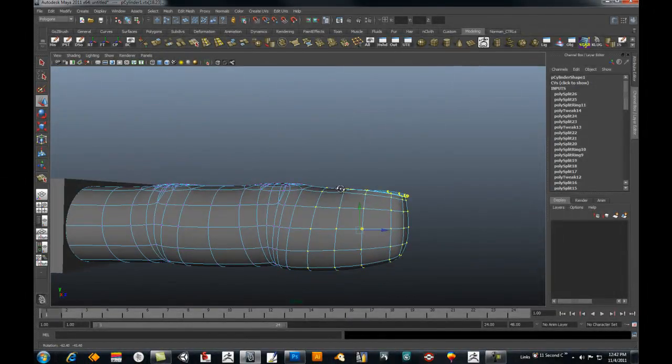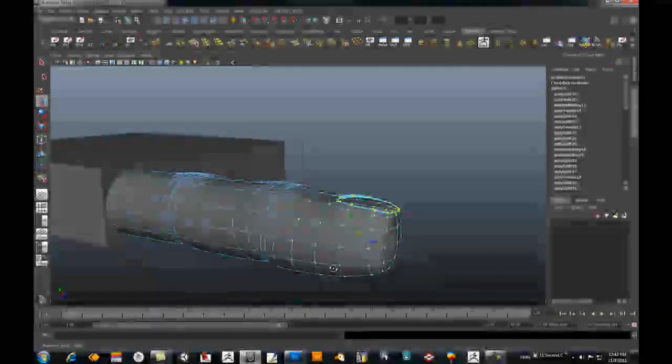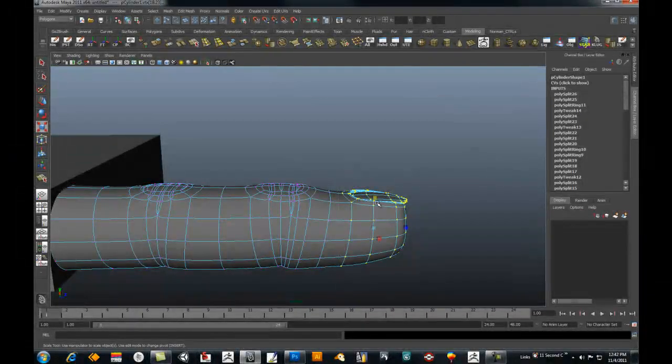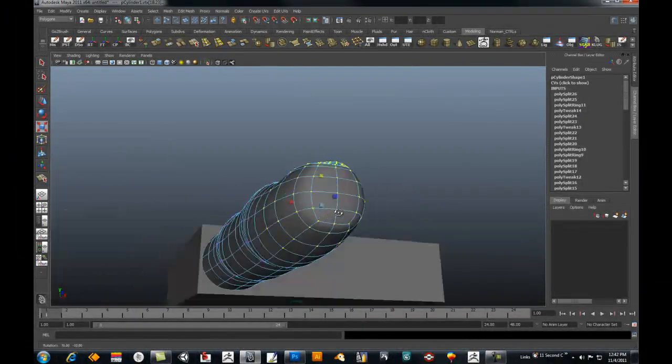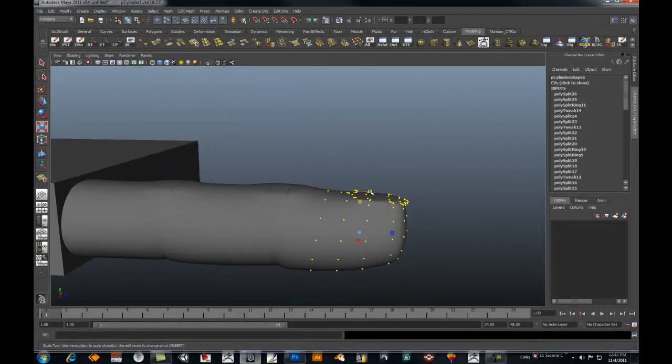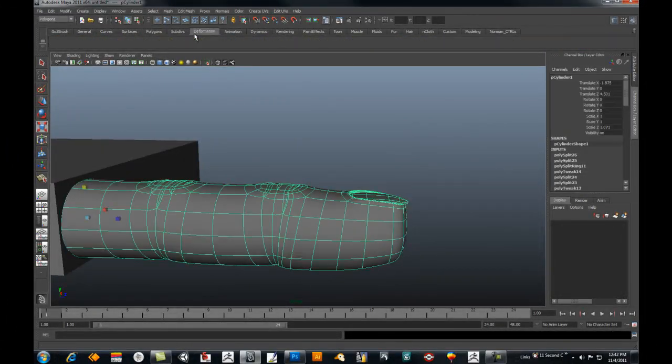Now, there's also a trick. Say I wanted to get this a certain shape. I've got all of these verts. If I try to sit there and scale this a little bit smaller, and then I wipe out the next group and a little bit smaller, and I try to taper, I can get results that I don't really care for. So what I'm going to do is double click on my deformations,